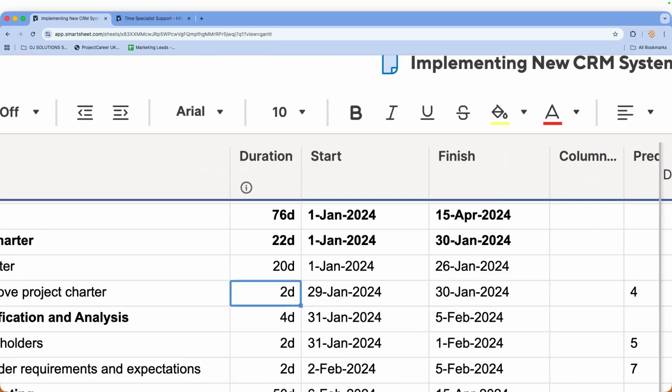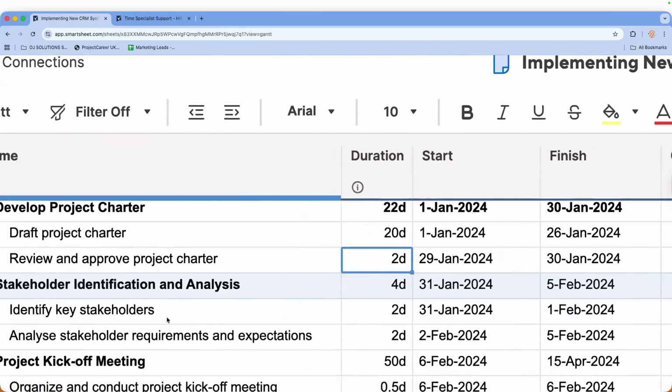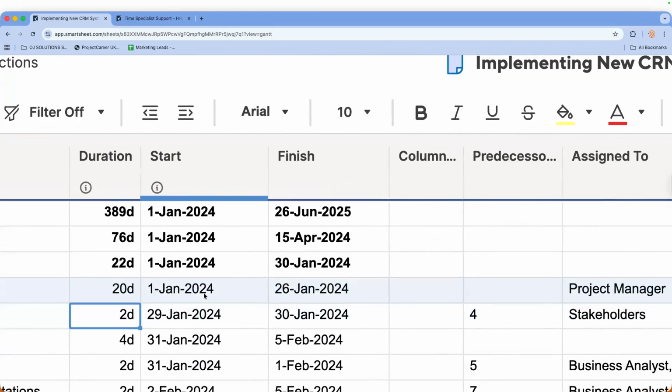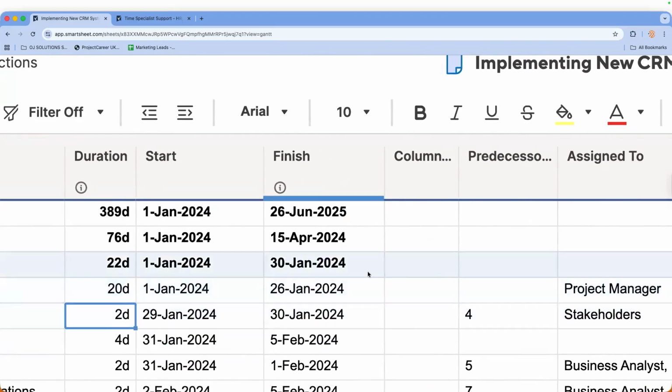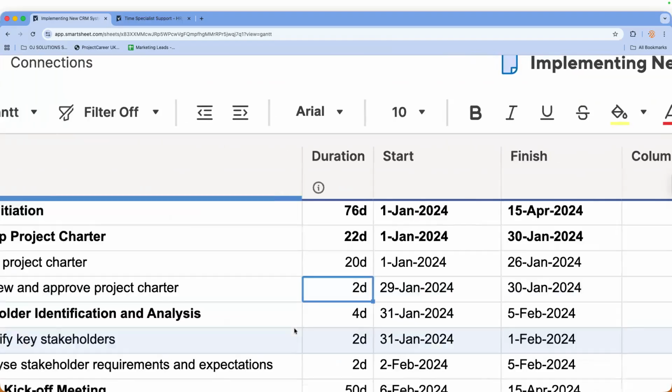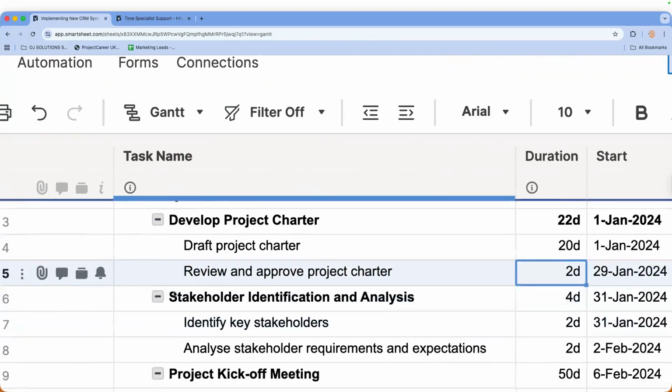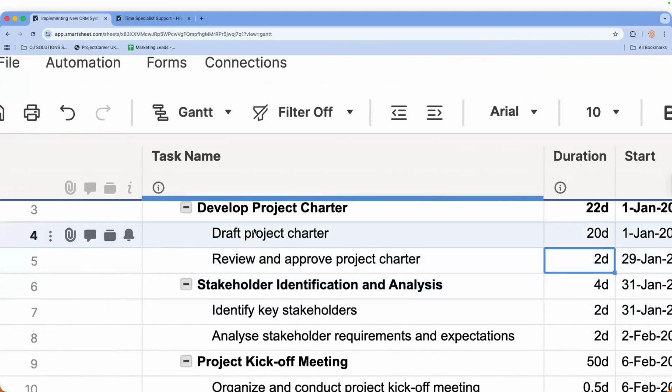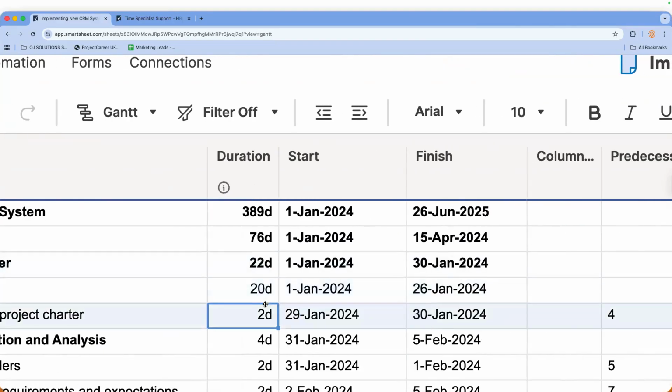Might not, right? But if you see here, the second line, which is review and approve project charter, okay? That second line right there, here you go. We've got it here, predecessor, line 4. This activity that we've just changed to 20 days is line 4, right? So because line 4 has changed and line 5 is dependent on line 4, that automatically changes as well. And because line 4 sits inside of the deliverable, which is line 3, it has an impact on that time as well. Yeah?